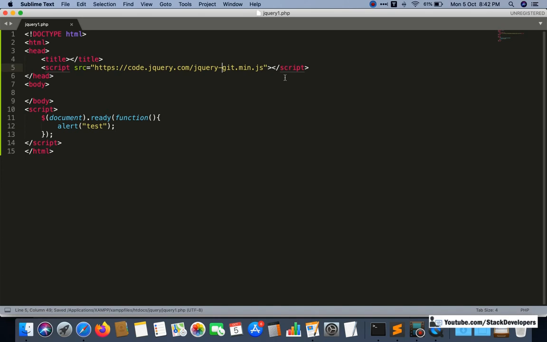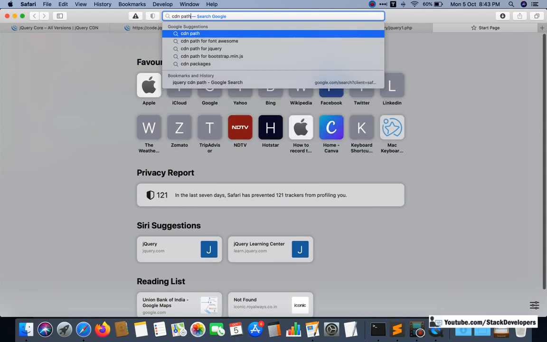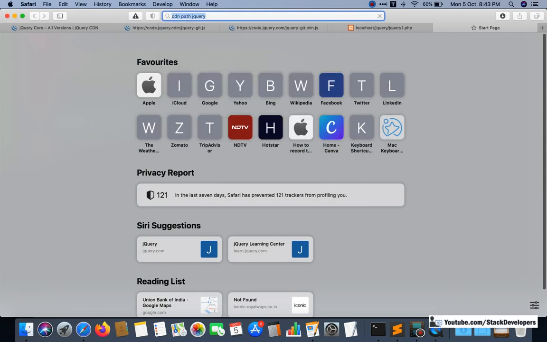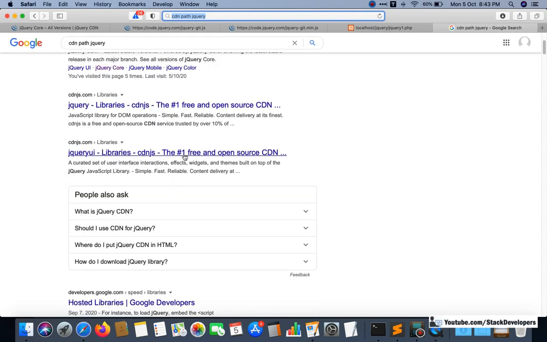This is one of the ways that we can have jQuery in our document, and the other way is to save the jQuery. This is not the CDN path yet. You can also get the CDN path for jQuery.